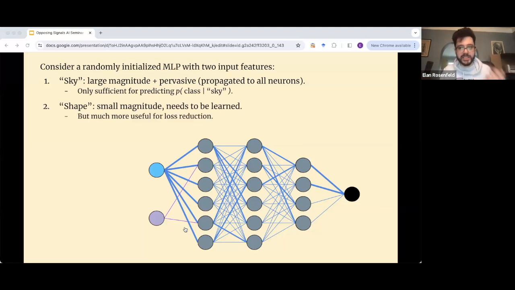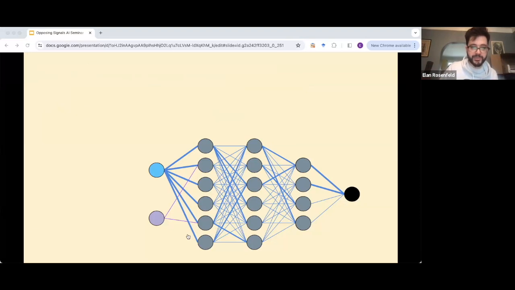On the other hand, it's much more useful for loss reduction. Hypothetically, you can get perfect classification if the only thing you have is the information about the shape of the object in the image. So really, this is a very abstracted representation of a useful feature that needs to be upweighted and learned, and a kind of useful feature that's very large magnitude at initialization and gives you an easy way to initially decrease the loss.